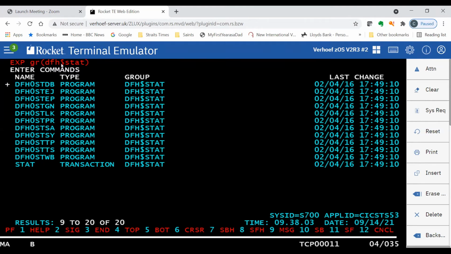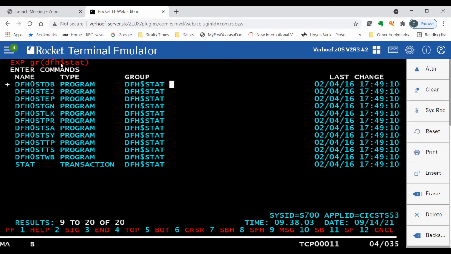they get created when we initialize the CSD, but they don't get added to DFHLIST. Sometimes you can miss them because once you create your own list, you do an append of your own list from DFHLIST, and you just forget about what else could be on the CSD. So DFH$STAT is something that you should add into your region, and therefore you can utilize it, and I'll show you that.